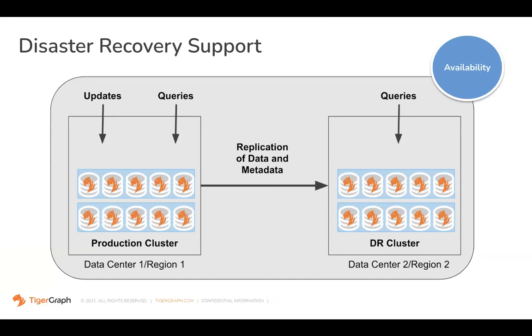And what happens is all of the write operations that happen on the production cluster in region one will be seamlessly replicated and applied to the remote cluster as well. Now, this data transfer happens asynchronously, so there is a little bit of a gap before the data is available in the remote cluster. But your remote cluster, as I mentioned before, is not an archival or cold cluster only to be used when there's a disaster. In fact, you could use it actively for querying as well. So from a usability perspective, you're looking at two clusters, except one is read-write,